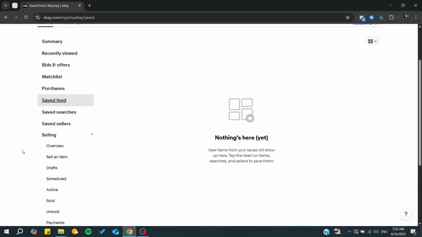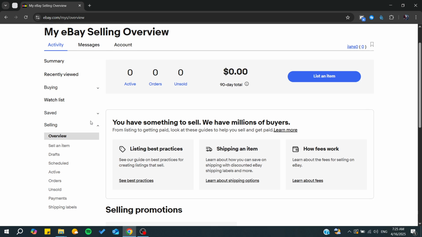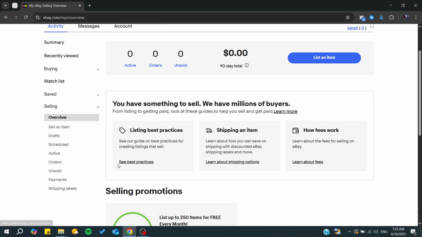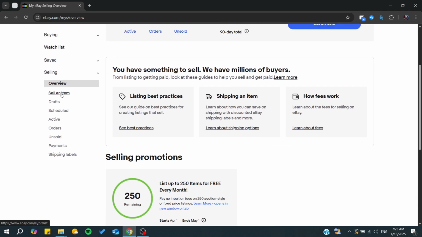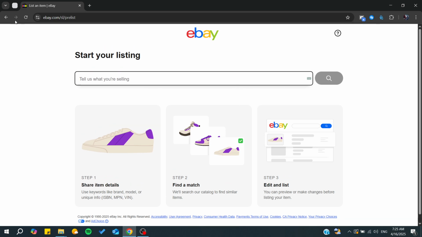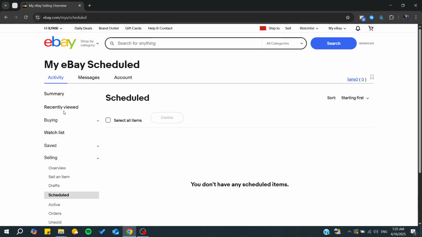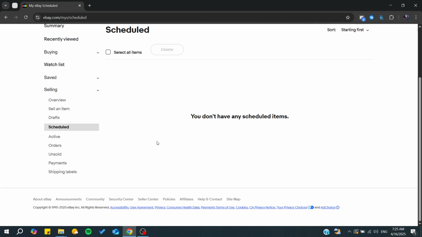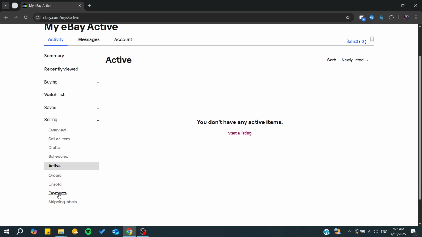Now, here if you are selling on eBay, you would have a seller dashboard. So from here, you will be able to start listing your items, and basically you will also have, like here we can click on sell an item. From here you can start adding your listings. After that you can simply go again to, for example, here you find your orders or scheduled items, and basically this is all the active listings, and basically you can list them,